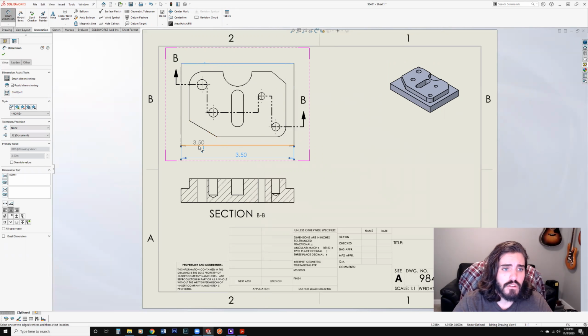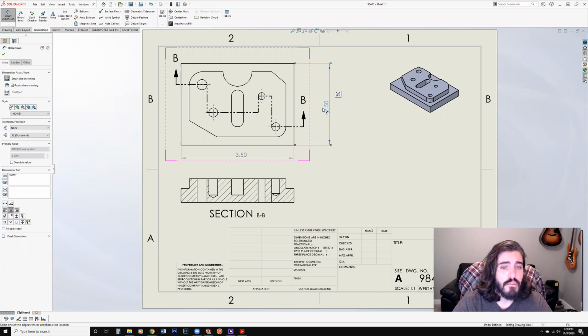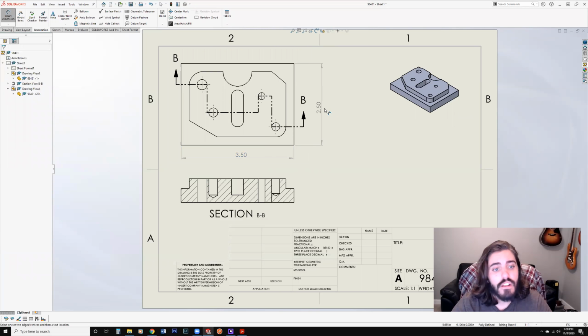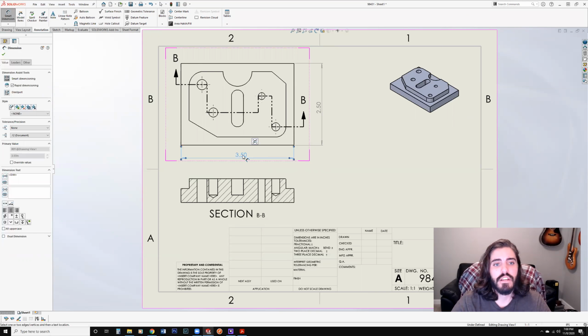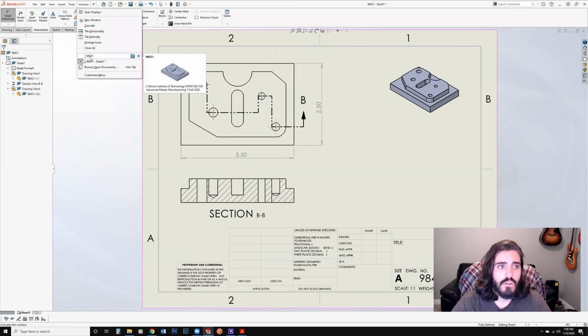I can make this one 2.5. The thing that you'll notice that's different from a part level smart dimension tool to a drawing level smart dimension tool is that when I double click on this, I can't change the dimension. It's not reactive. So if I ever wanted to change these dimensions inside of the 2D level, I have to actually go over here to window, and I got to go to that part itself,